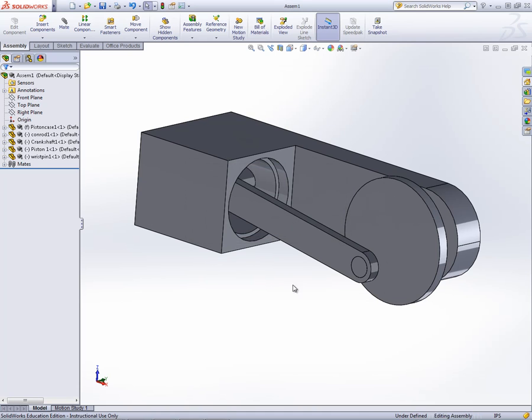Say yes, we want to do that. If we went back and opened up the crankshaft right now, it would not have the distance of 2.25 that it did before. It would have the 4.75 that we entered here in the assembly. So now that it's saved,